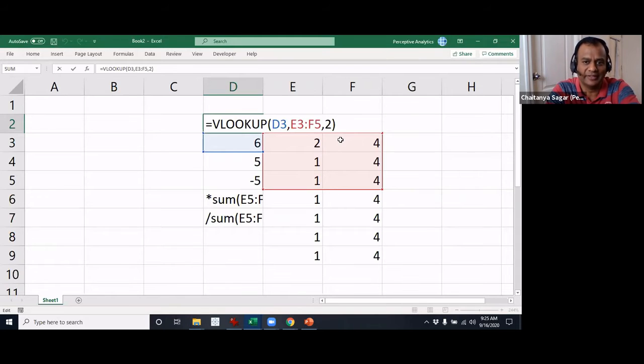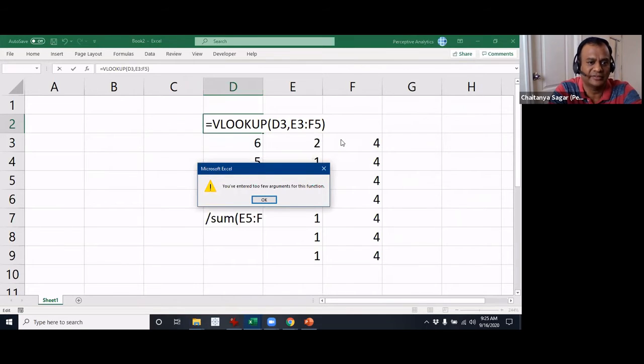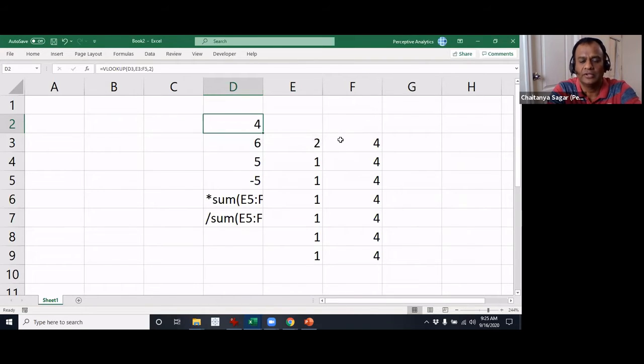So what happened here? There are two things I will quickly tell. We will get back to VLOOKUP a little later. But the main point that I want you to observe here is that even if you did not give the optional one, it still went through. That's the main thing to get here. Clear now? But if I were to remove this one, including this, it will give me an error. So that is so far as the mandatory and optional are concerned.